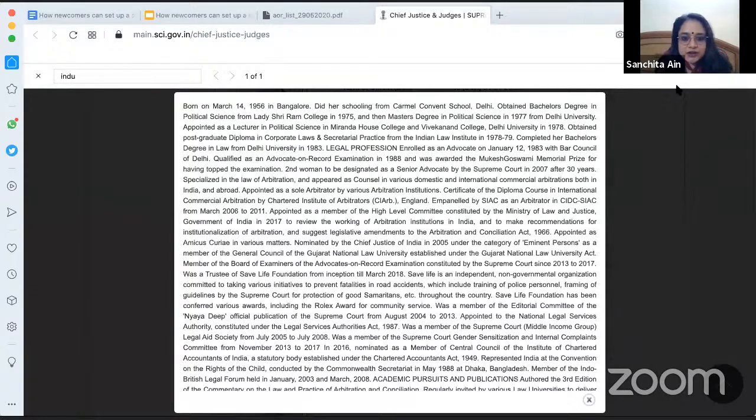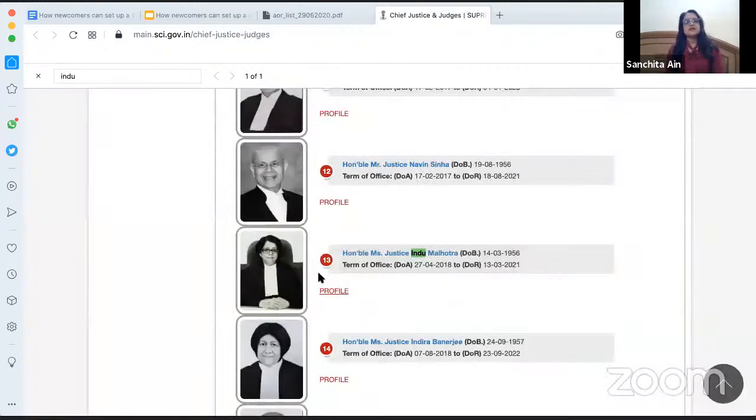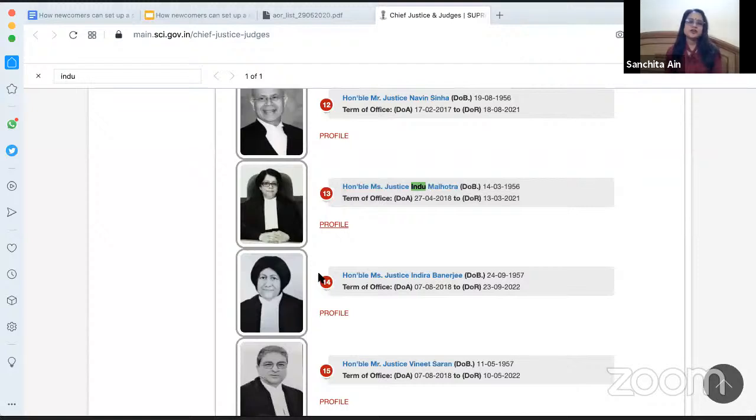Right. So she became an AOR, and then basically she was arguing. She was designated as a senior advocate, and she started arguing. 83, she was enrolled. 88, she became an AOR, designated as a senior advocate in 2007. That's the trial. No trial. That's it. Because you need that much time, even as a senior advocate, for your work to be recognized.